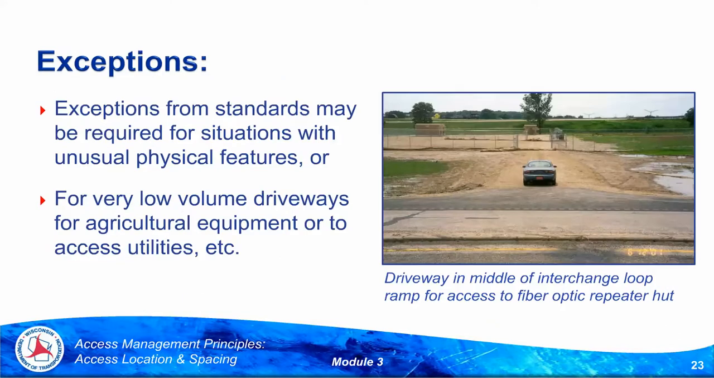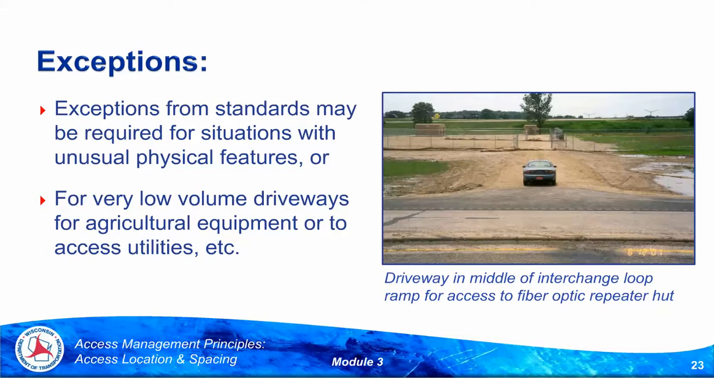Exceptions. As with everything else, there are always exceptions. You may run into them. Generally, exceptions in Wisconsin are granted for low volume driveways and low volume roadways typically. Agricultural field accesses, in this case, a utility access to a fiber optic hut. This one's actually on an interchange loop ramp, but volume of both the driveway in question and the mainline route of travel is something that we'll take into consideration